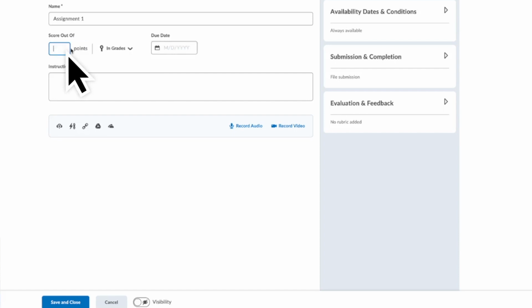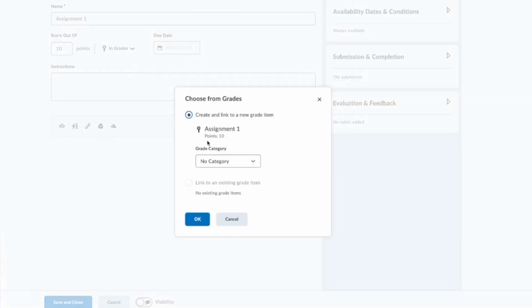But if I click in here, I can set a number of points. So I'm going to have 10 points tied to this. You can see here it's in grades. You're going to see throughout Brightspace as you set this little ribbon, that means it's tied to a grade tool in your gradebook. I can choose from the grades, I can remove it from grades, or I can reset it to ungraded from here. If I go choose from grades, it's going to pull up my gradebook and allow me to assign this